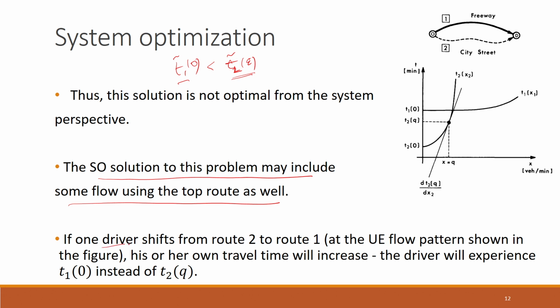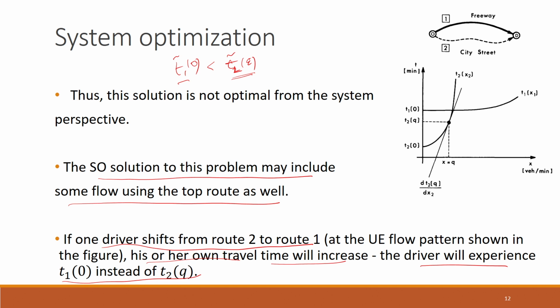That is, if one driver shifts from route 2 to route 1, his or her own travel time will increase, that is the driver will experience t1(0) instead of t2(q). So in this system optimization solution, as I mentioned, it may be that some of the travelers may not be taking their best choice, okay. So some might have to sacrifice their travel time in order to make sure that the overall travel time of